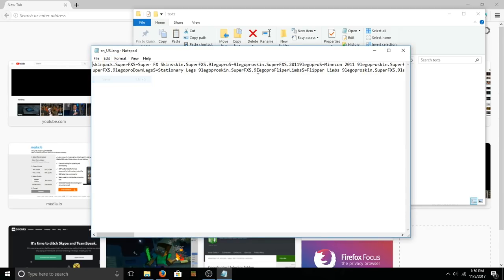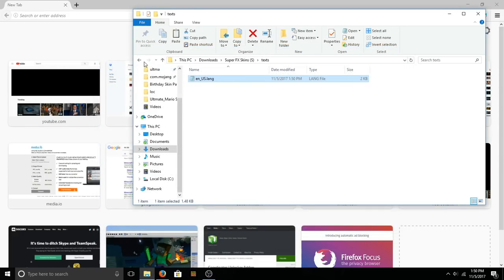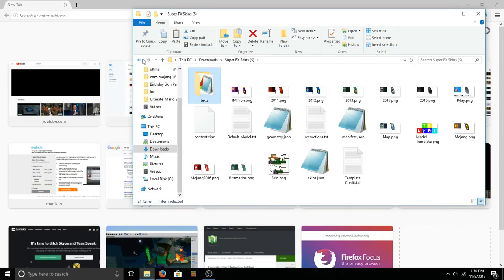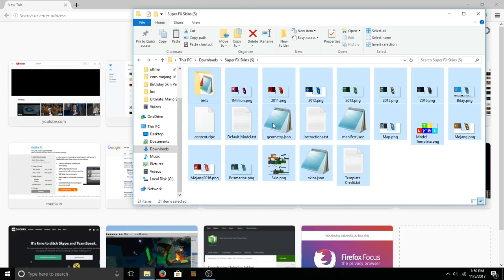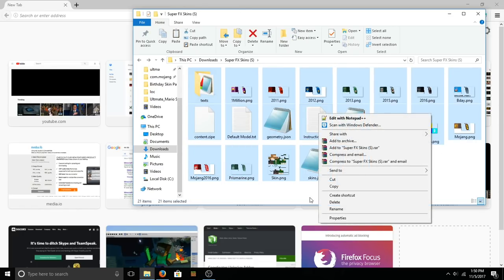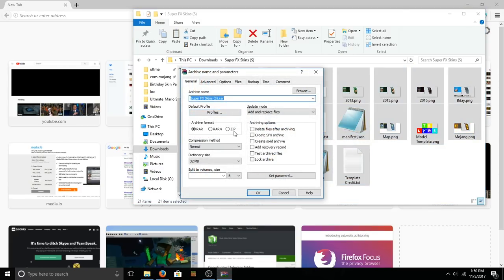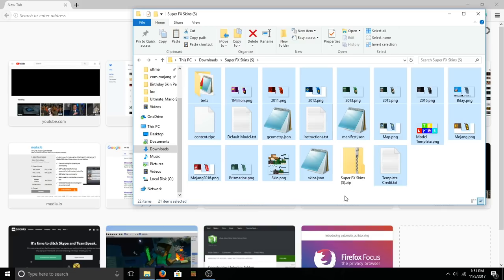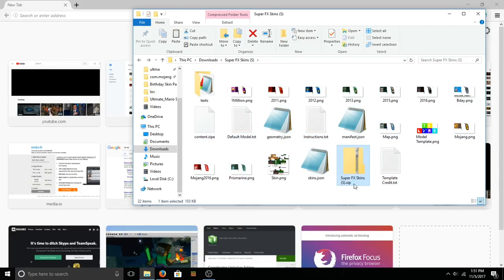Go ahead and save. Of course, Notepad++ is a million times better than stupid old Notepad. But then once you've done that, inside the folder, select everything, right click, and then add to archive. Make sure it's a zip. Press OK, and then rename it to